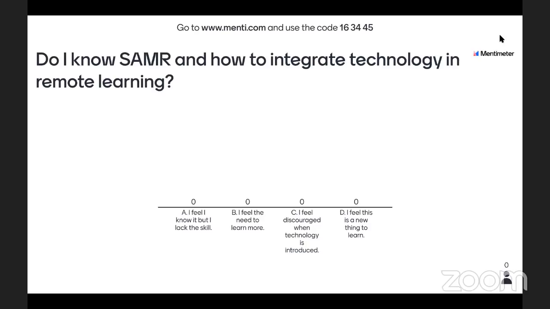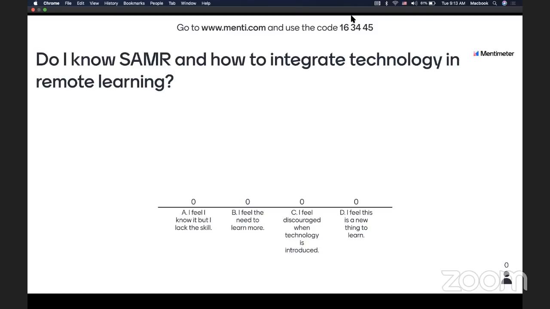So I'm giving everybody 5 to 10 minutes to answer using the code 163445. Go to menti.com and use the code 163445 to give me feedback, just for me to know where